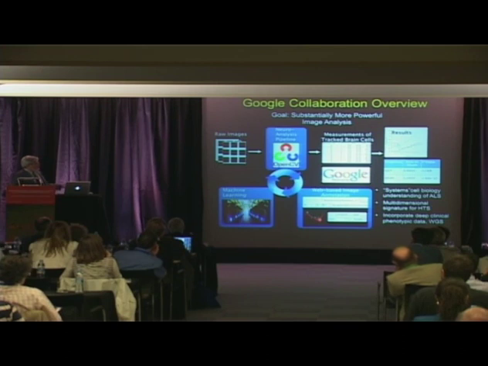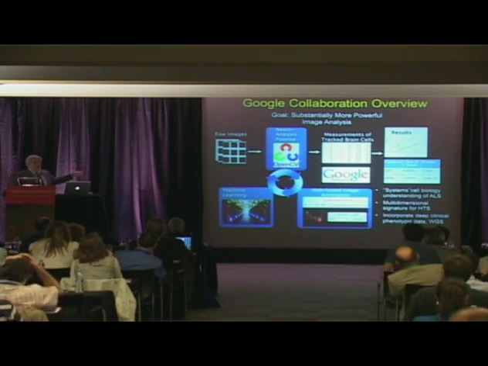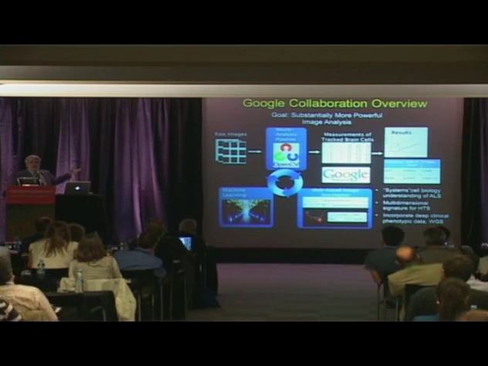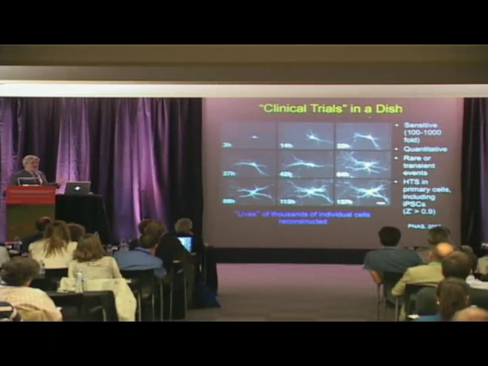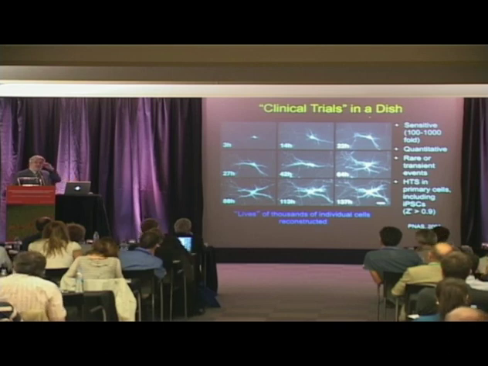In addition, one of the beauties of this is that we can begin now to integrate disparate data streams. So although this is really focused on the imaging, for some of our cells, for example, we've done whole genome sequencing on them. I've actually seen the patients and I've done clinical phenotyping on them, so I can include those data as well. So in a nutshell, we like to call this clinical trials in a dish because we use basically the same math to analyze these data as we would for a clinical trial,